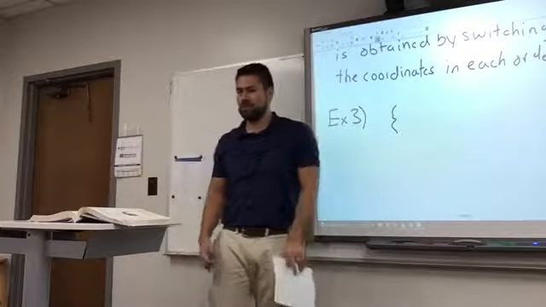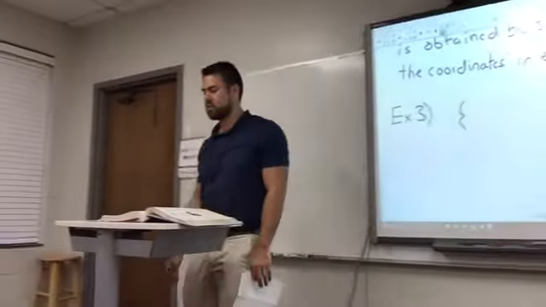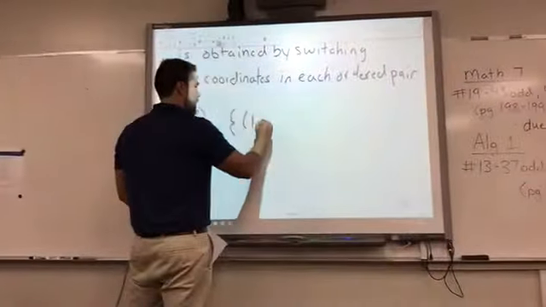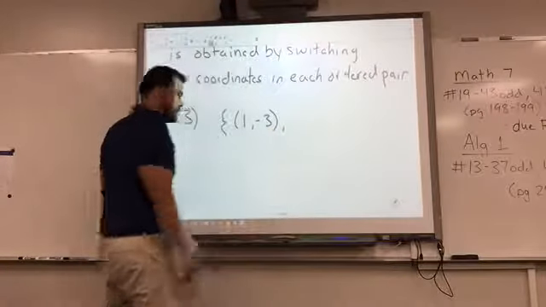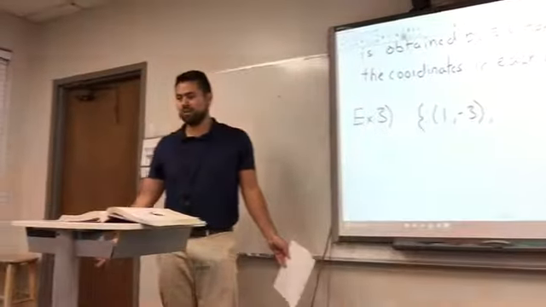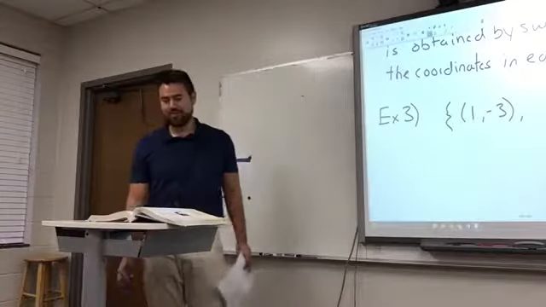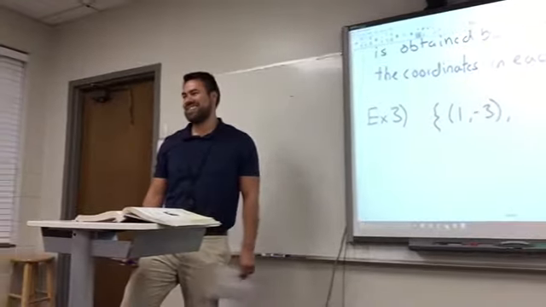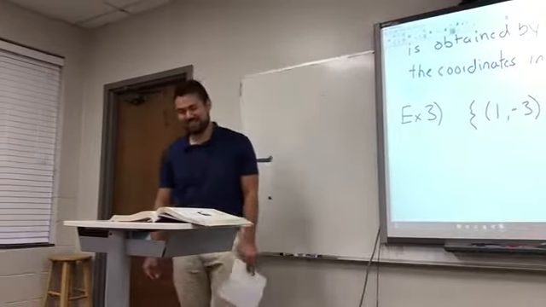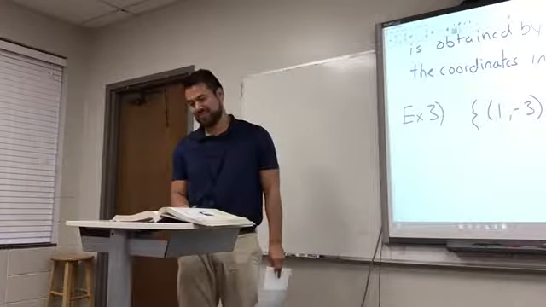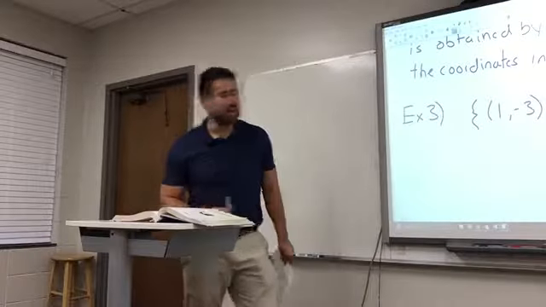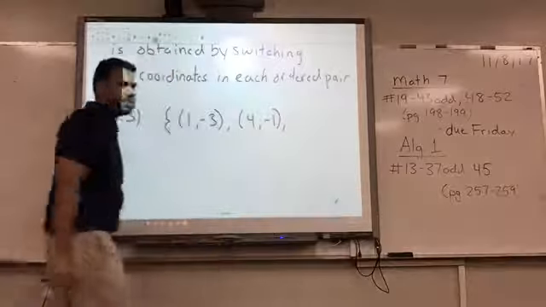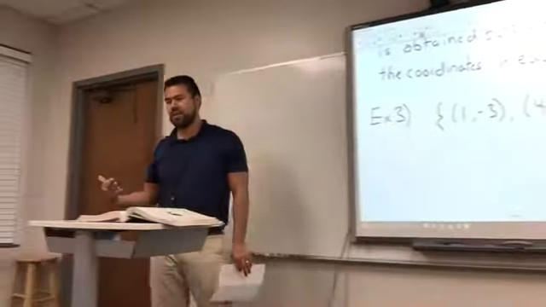What's the first ordered pair you can see from the top mapping? And I'm going to start calling on people. Abby, what's the first one you see? 1, -3. I do see that one as well. Good. So please don't repeat 1, -3, by the way, because it's up there and we said it. Okay, another one. Carson. 4, -1. Okay, I'll go with 4, -1. These don't have to be in order. All right, that is another one.